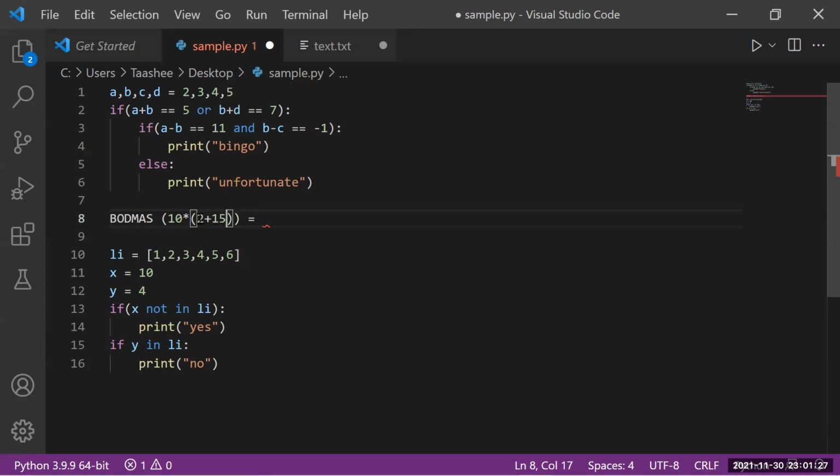Now this operation will be performed, which changes to 17, and now 10 into 17 returns 170. This is how BODMAS, or whatever your friend says, PEDMAS, works. So what do B and O stand for?